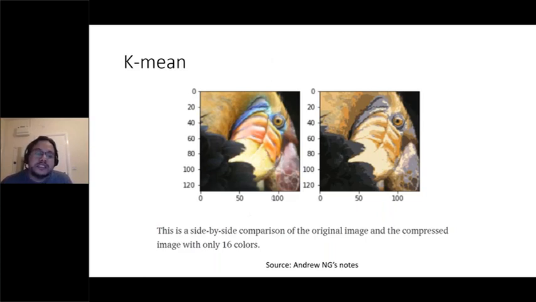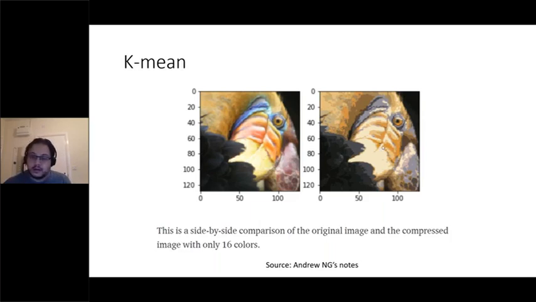We can use k-means for this. This image was converted using k-means from this color space to just 16 colors. It doesn't look too bad. What do you think, guys? This is from probably some 16-bit colors, like over 600,000 colors, and here we converted it to only 16 colors, just 16. Does it look bad, or what do you think?